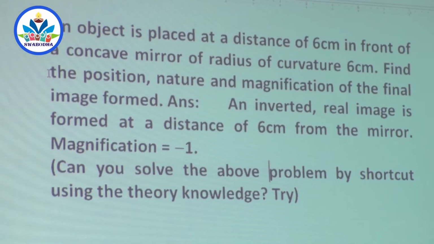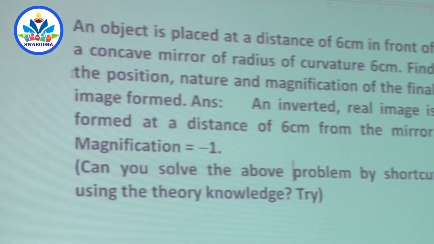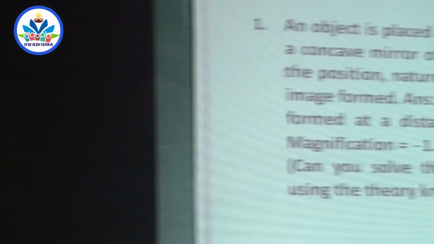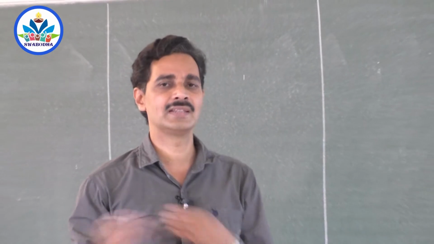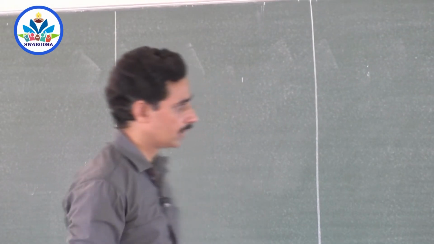Now coming back to the board, it's a concave mirror. You see the positions always, in a mirror and in a lens, in both. Whenever you find out the image, please take care of the theory. You know what should be the position of the image if the object is kept at a particular place, what size of the image should be formed. All these things you must have in your mind. Then whatever answer you get, you can analyze whether it is correct or not. So we will go along with that.